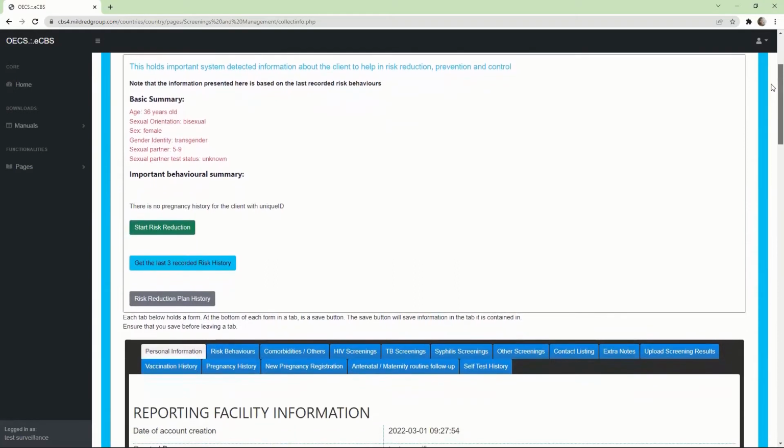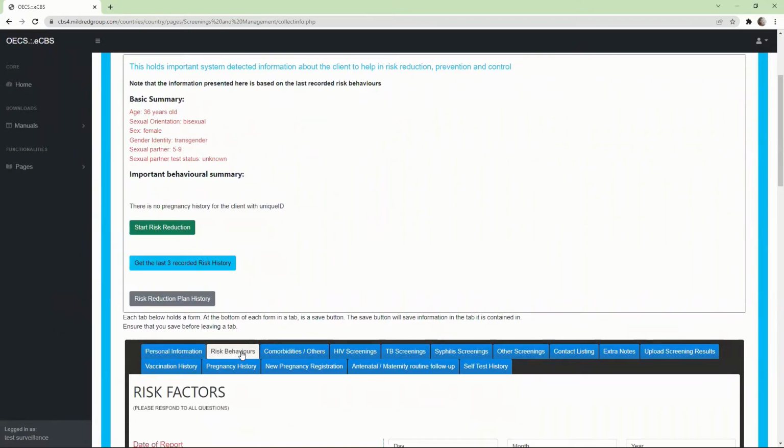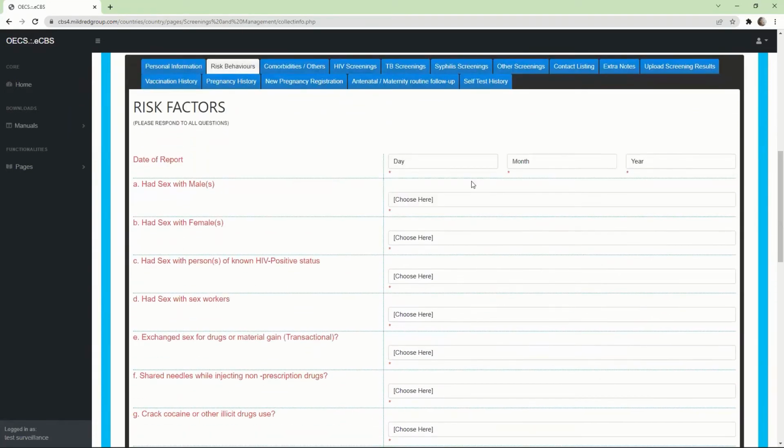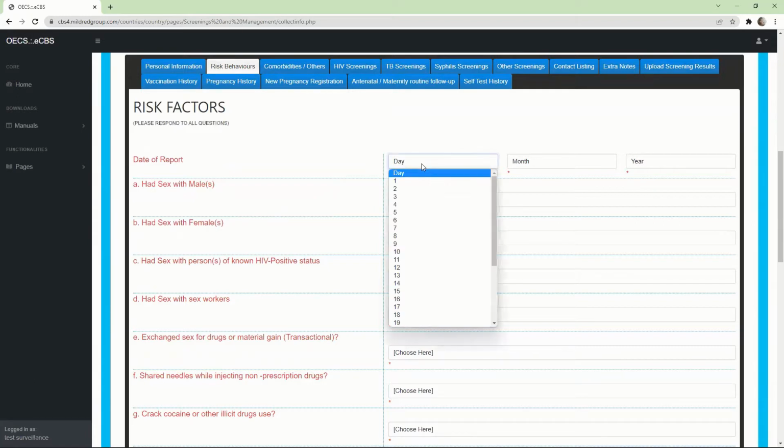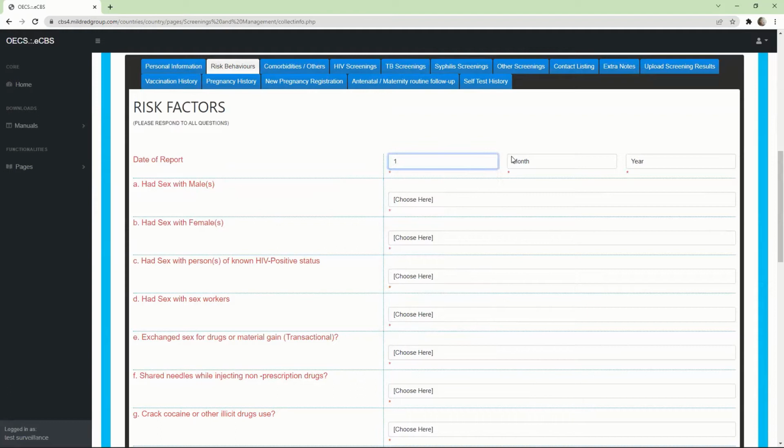So now we have the basic summary. We do not have the behavioral summary, and the behavioral summary is gotten when you click on risk behaviors. All the questions in the risk behaviors are important for prevention. It is also important for reporting. And so we are going to do this. 1st of March,